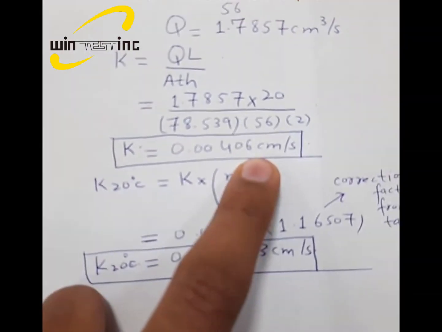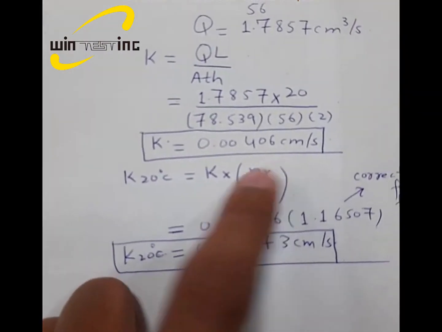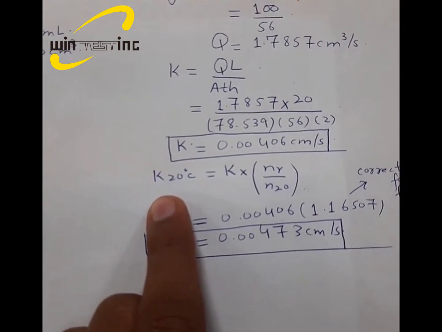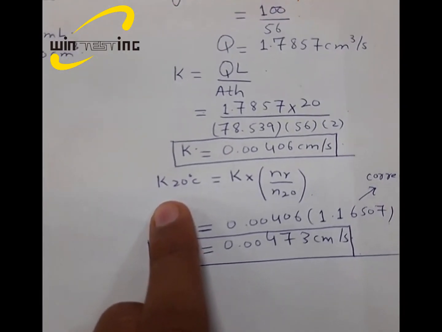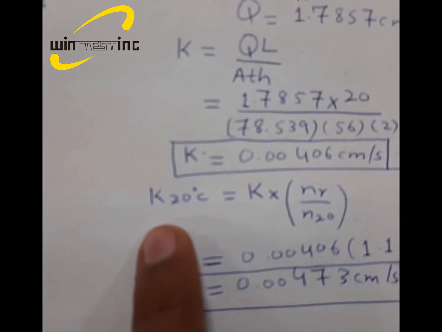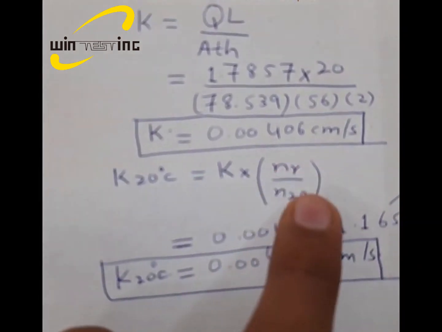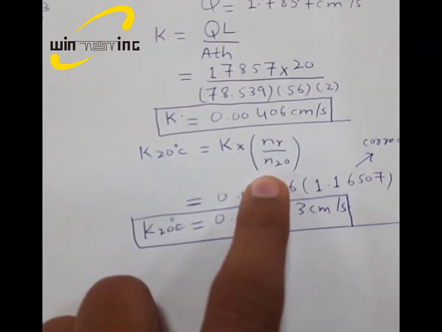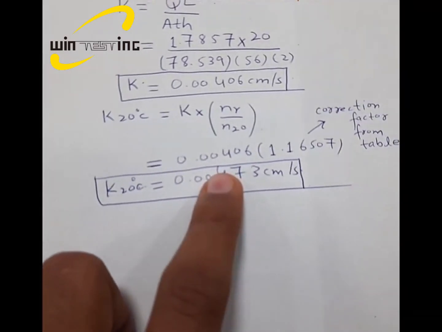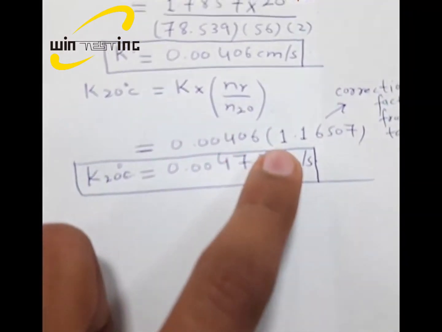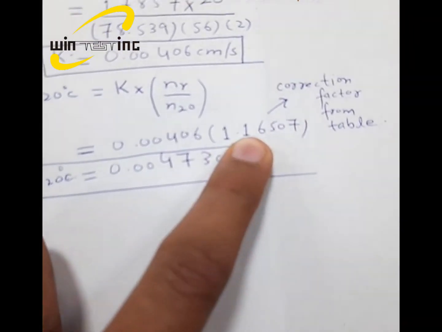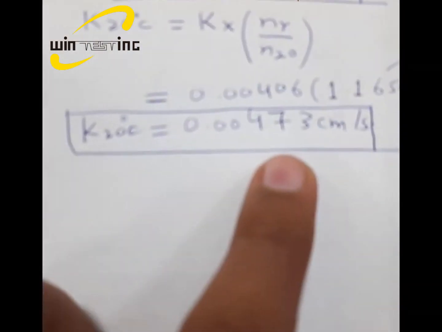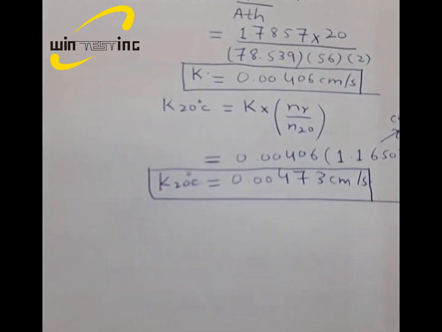By putting the values in this formula, we can find out the K value, that is 0.00406 centimeter per second. But we need to find out the value at 20 degrees Celsius. So to convert the value of hydraulic conductivity into 20 degrees Celsius, we need to apply a correction. We multiply this K value with the correction, that is eta T over eta 20. That value can be extracted from the table given in the ASTM standard. You can use that table, and the value comes out to be 0.0046 multiplied by 1.165. That is basically the correction value, and the value comes out to be 0.00473 centimeter per second. So this is the value